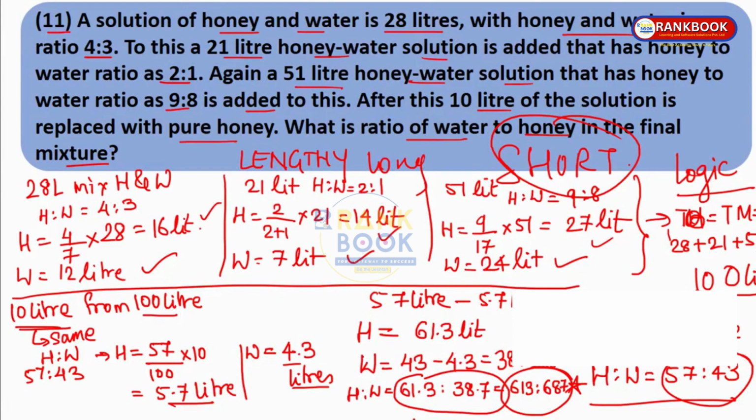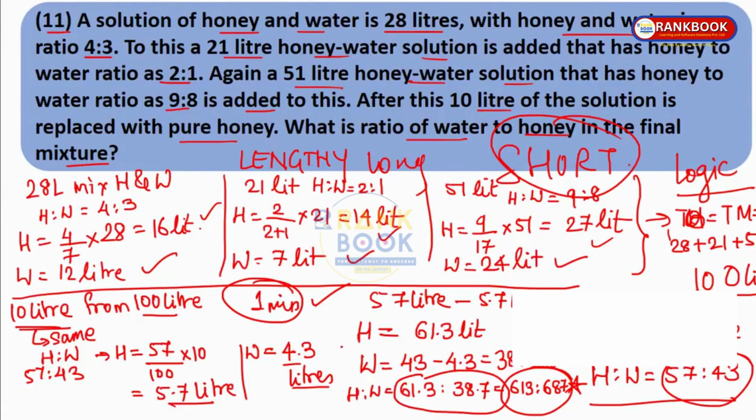See how easy it was. You might think that this question is lengthy, the answer is lengthy, but in the exam you will actually be able to solve this in hardly 1 minute. Why? Because you will be practicing mixtures and immediately you will understand, okay, we have to find the amount of honey, we just add it, find the ratio, just check how much honey is removed, how much water is removed, and we'll get the ratio. You will easily be able to solve this sum in 1 minute in the exam if you practice a little bit, right? See how easy and short the solution was.